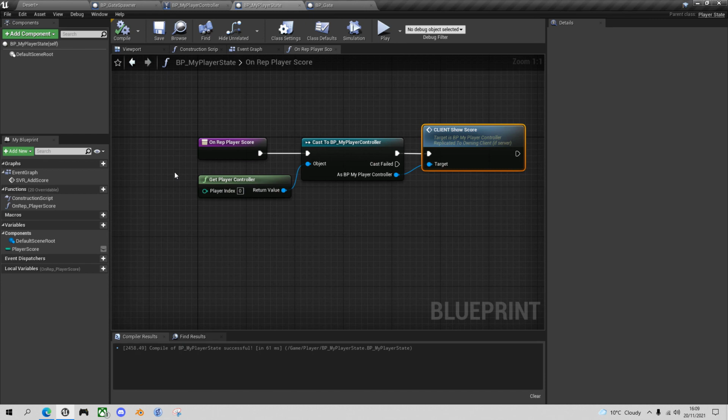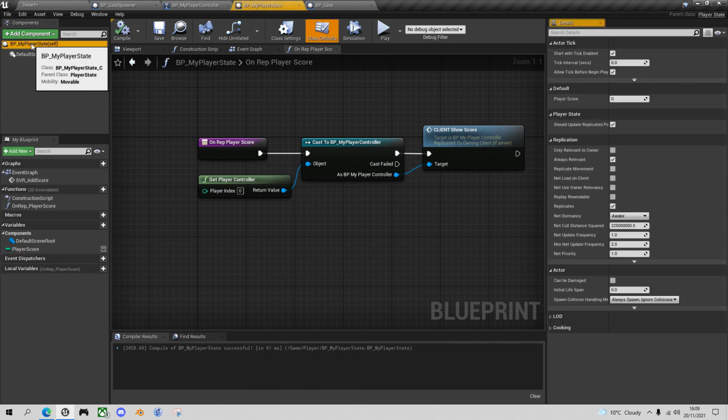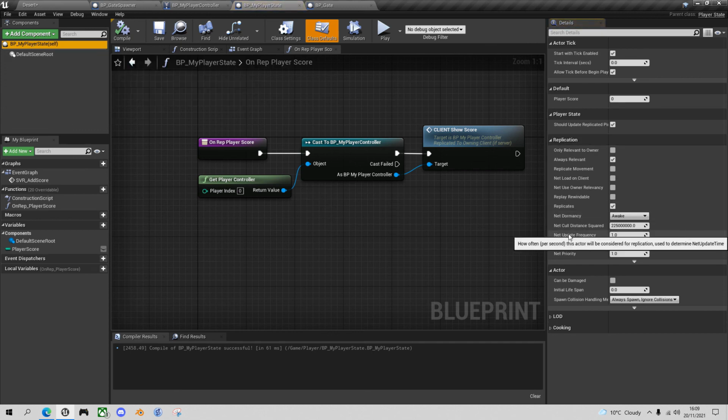Let's go to my player state, and there doesn't seem to be anything here on the player score about how often it works, but if we go to the actual My Player State event, under replication there's this update frequency, and it's saying how often per second this is going to be replicated. So it's one time per second, so it's going to be any time between sort of 0 and 1 seconds of lag. So we could update this to, let's do it to 10, so that it should be within 100 milliseconds. Compile that,